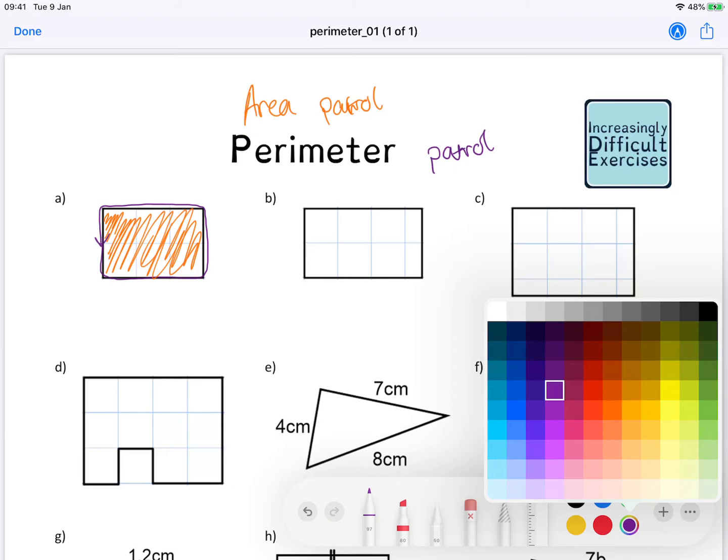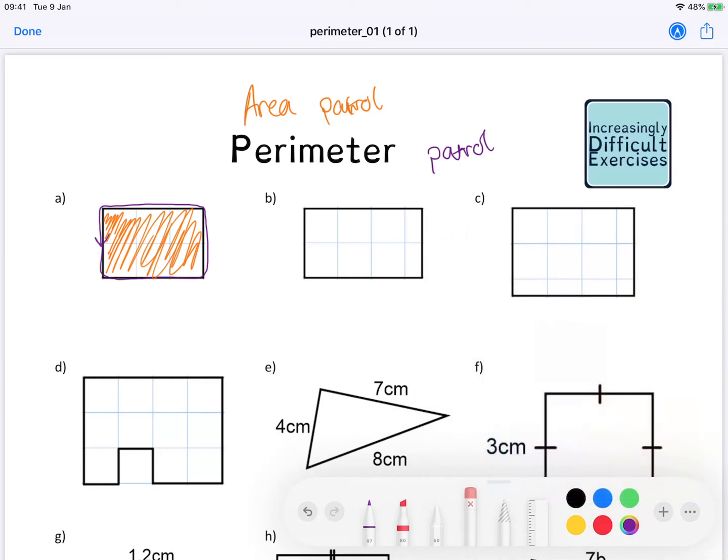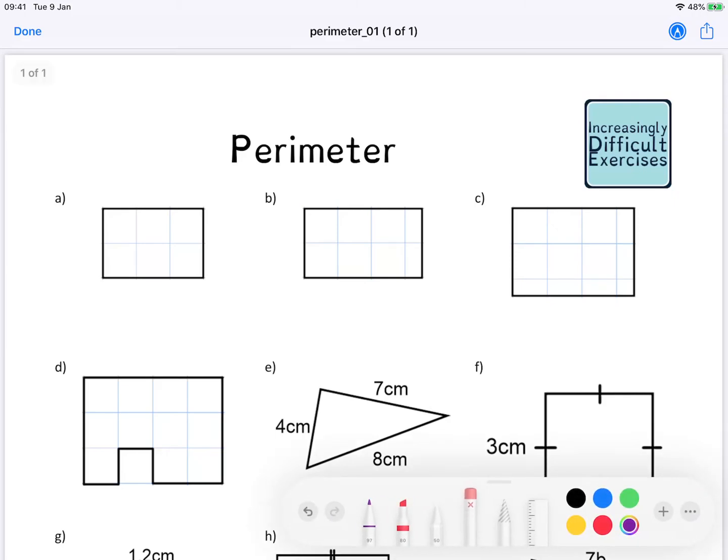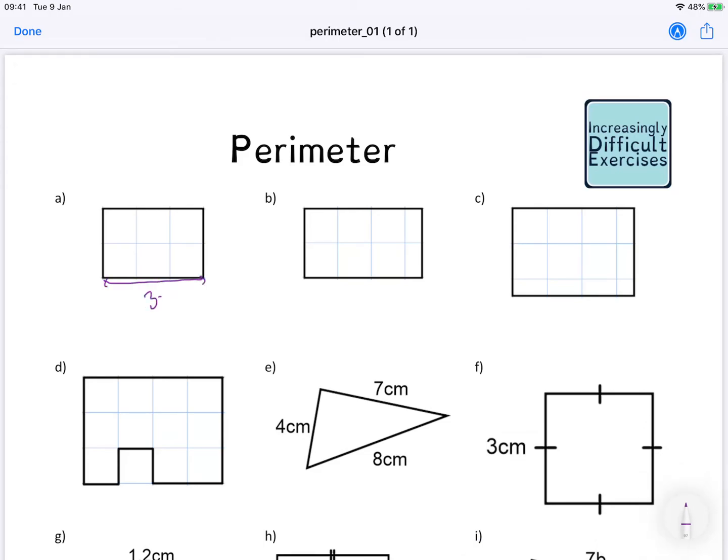So that means that I need to add up all of the lengths around the outside. What these are in A, B, C and D is these are centimetre grids. So I'm just going to get rid of all of that so it's a bit clearer. So this distance here is 3 centimetres, this here is 2 centimetres, and then it's a rectangle, so I know that's